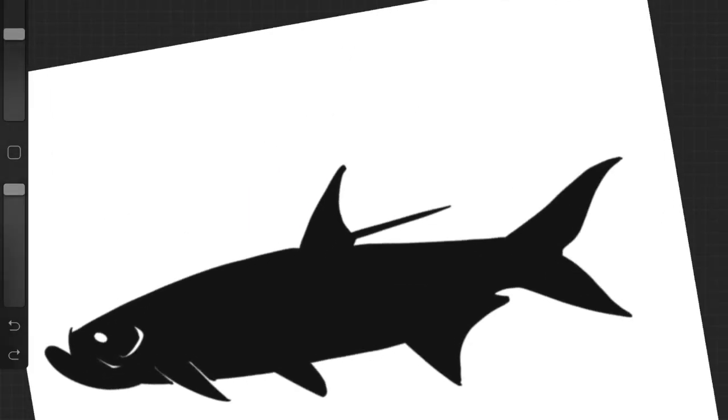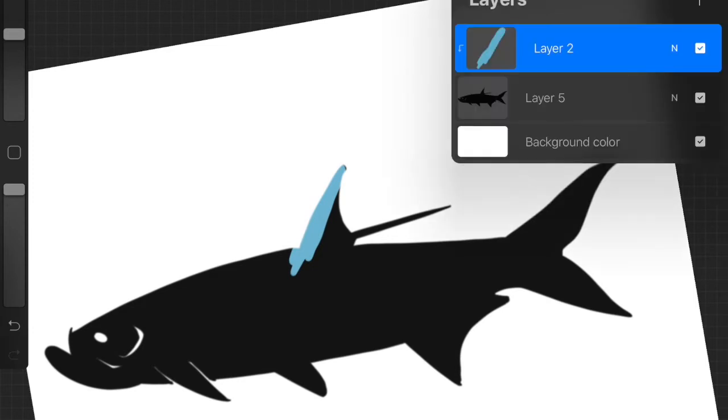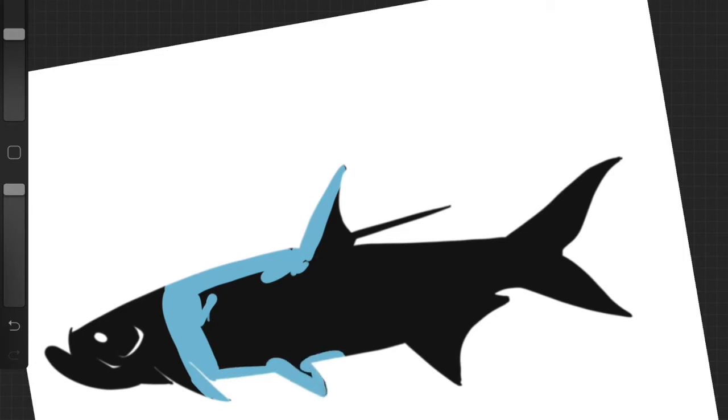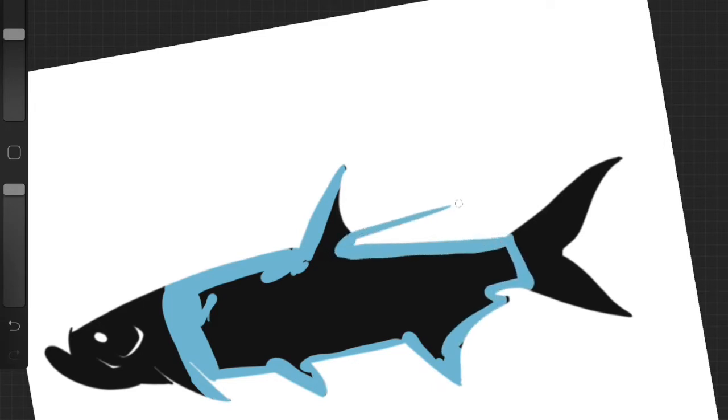Okay. So what we're going to do is just go around the outside of this. It doesn't have to be brilliant, because obviously you've set your layer to a clipping mask, so it will stay inside the tarpon, or whatever you do actually create. It will keep it inside the lines, which is pretty cool. So just go around the outside. Just make sure everything joins up and you've covered the area that you want covered, like so,